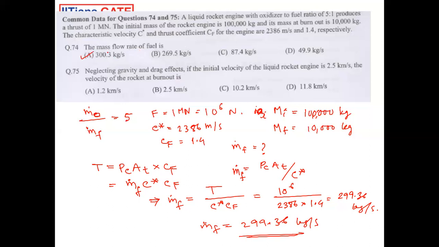And for the second part, neglecting gravity and drag effects, the initial velocity of the liquid rocket engine is 2.5 km per second, and we need the velocity of the rocket at burnout. So Ce, the speed of the exhaust gas, can be written as T by m dot, which is nothing but 10 to the power 6 divided by